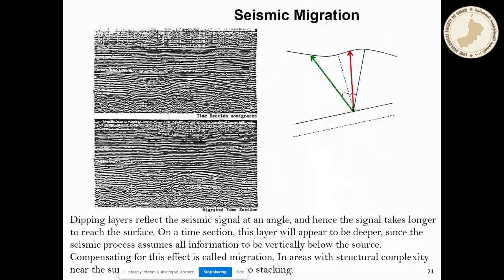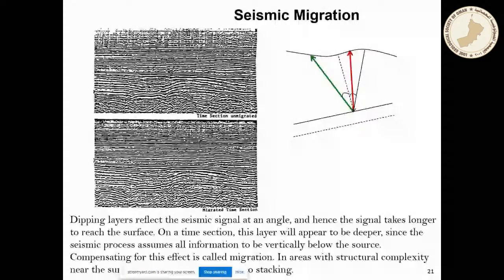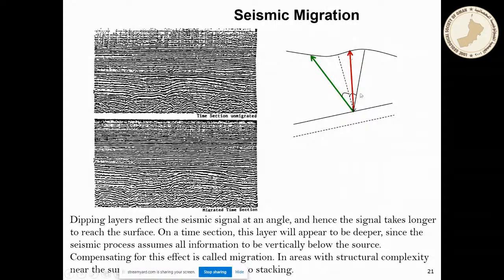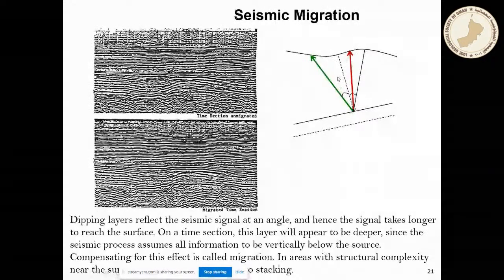Seismic migration is to try to get the reflection back to its original place in the underground because of dipping strata or complex geology. Sometimes you may not image the structure on the surface in the correct position. So you need to do correction, and that correction is usually done by trial